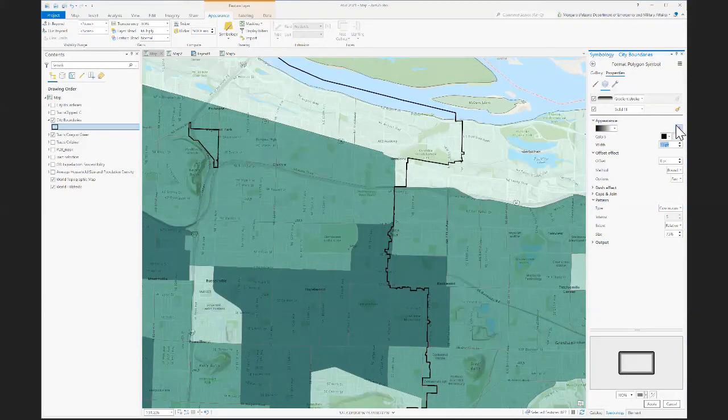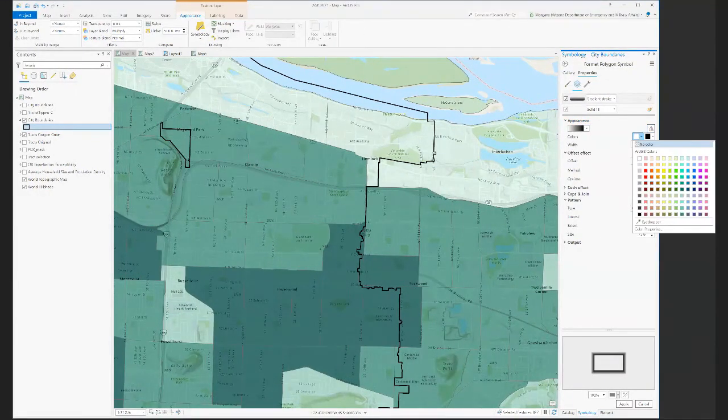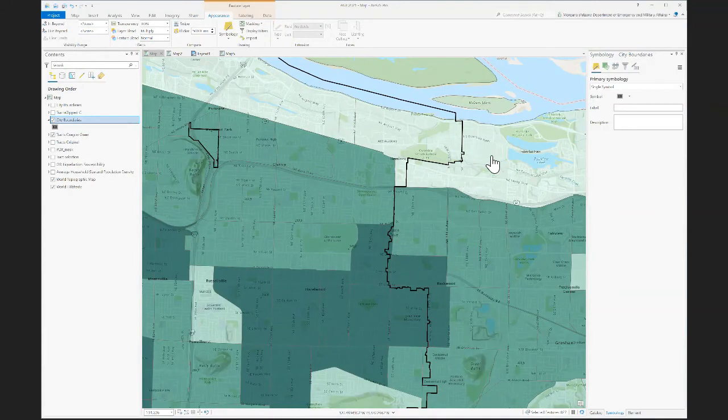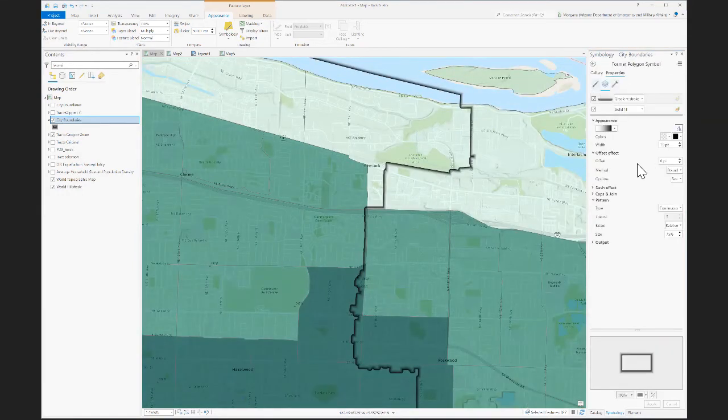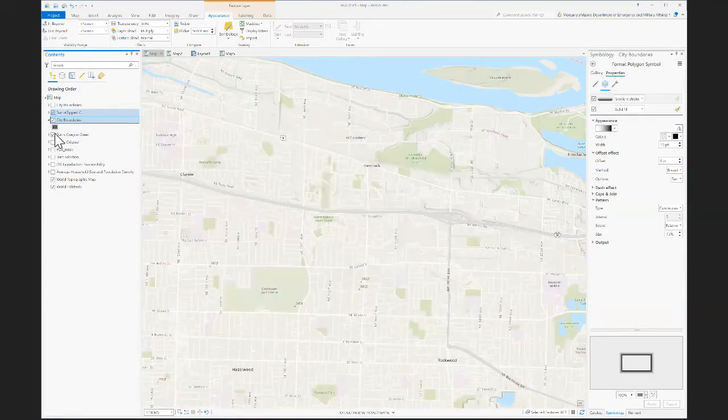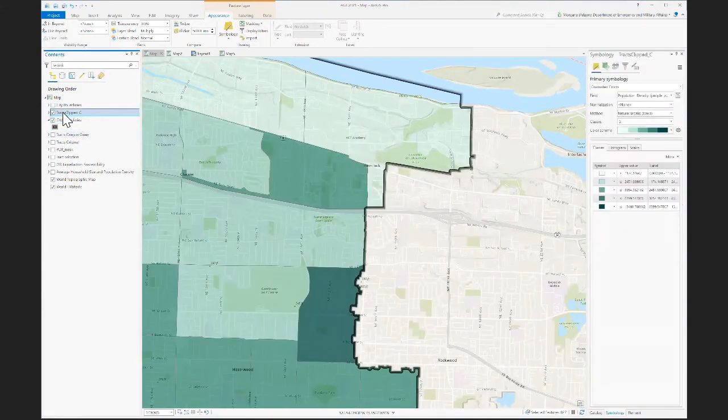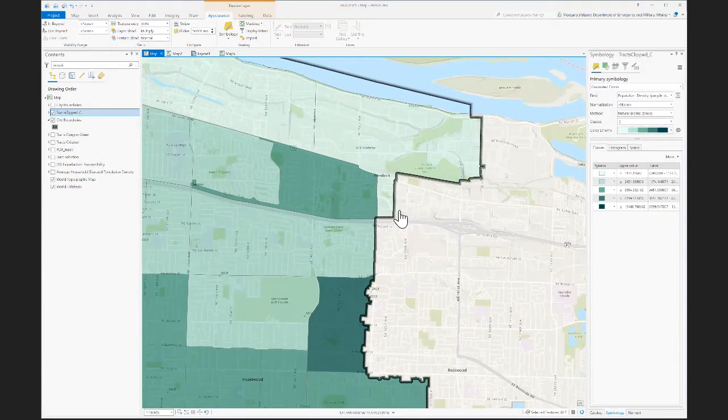So I'm going to flip color scheme here. Then I'm going to make this transparent. So when I apply that, you can see it's a really cool kind of 3D effect. But now I did something very bad, which was I clipped census tracts. I know you are not supposed to do that, but I did it just for the sake of this demonstration. Please don't tell anyone. So you see here the tracts clipped to that boundary, and you see how that boundary is actually kind of inside